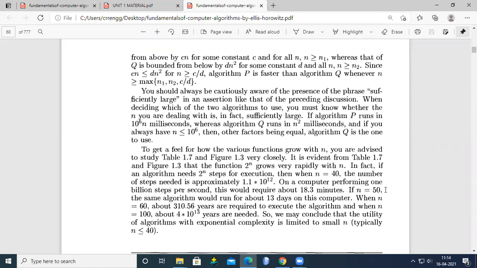If n equals 50, now we are increasing the input size from n equals 40 to n equals 50. The same algorithm would run for about 13 days on this computer. Now check the change in input. Earlier we considered n equals 40, now we are considering n equals 50. If n equals 40, the time taken is 18.3 minutes. If n equals 50,